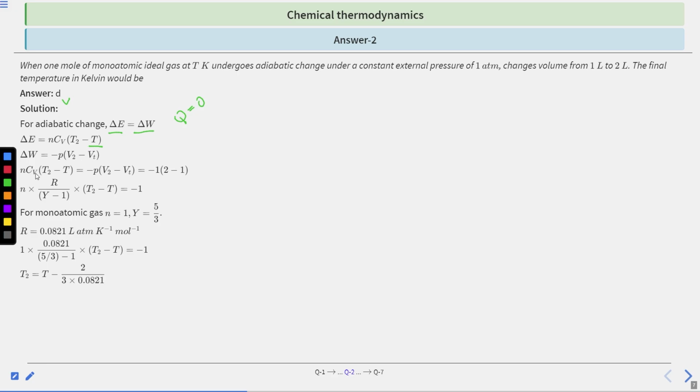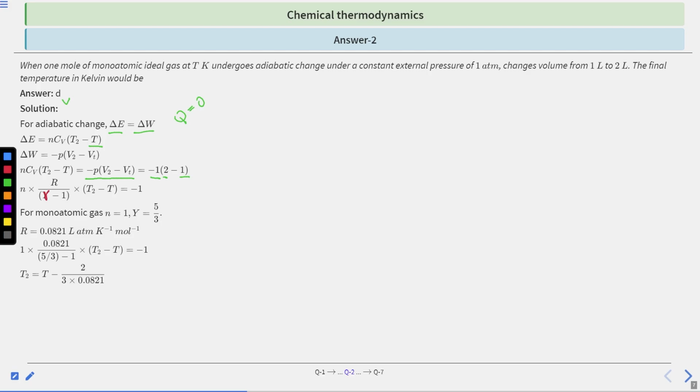On equating both del E and del W values as per this equation, n Cv (T2 minus T) will be equal to minus P (V2 minus V1). We can find this value: pressure is 1 atmosphere as given in the question, the final volume is 2 and the initial volume is 1 liter. So 2 minus 1 is 1, and 1 into 1 is 1, and with the negative sign it is minus 1. And here we can write n multiplied by Cv as